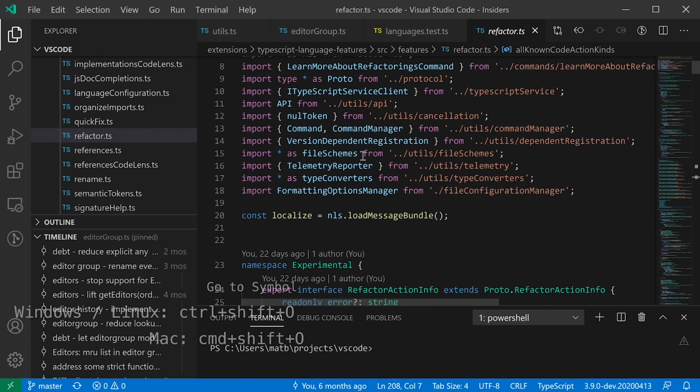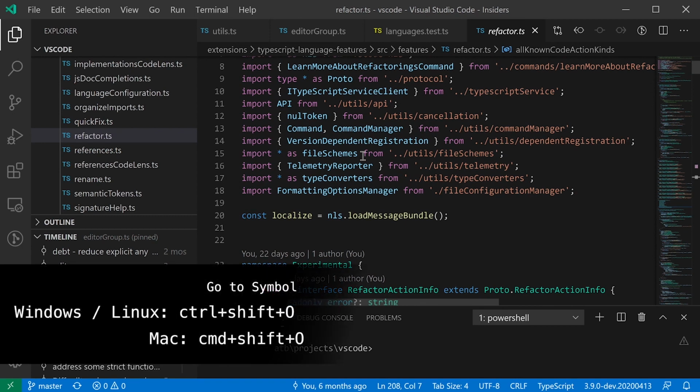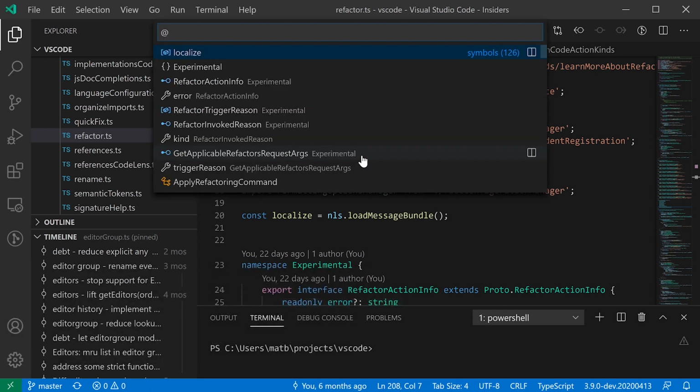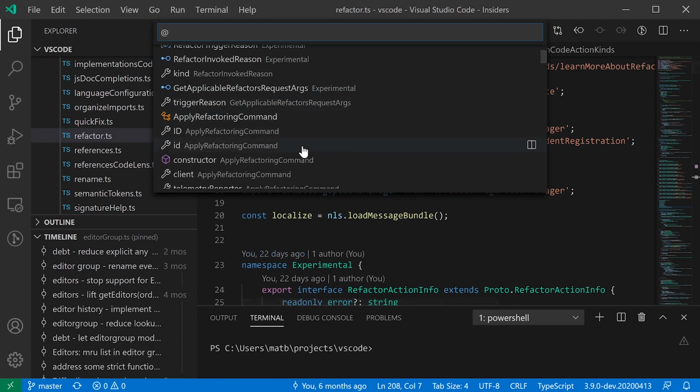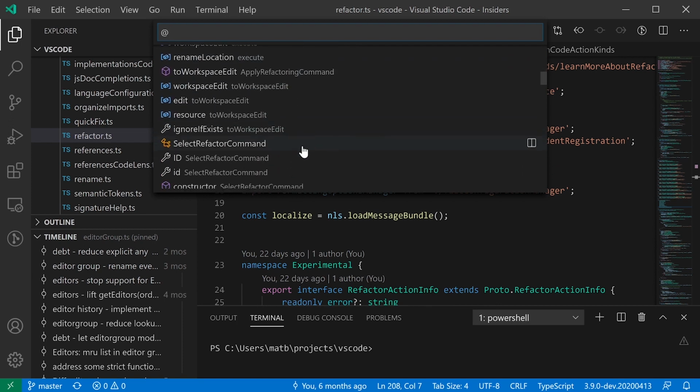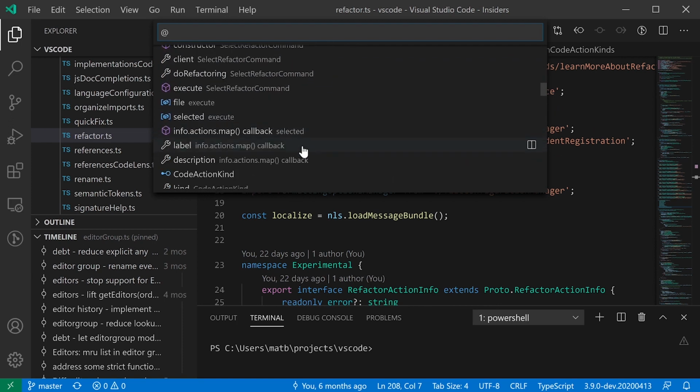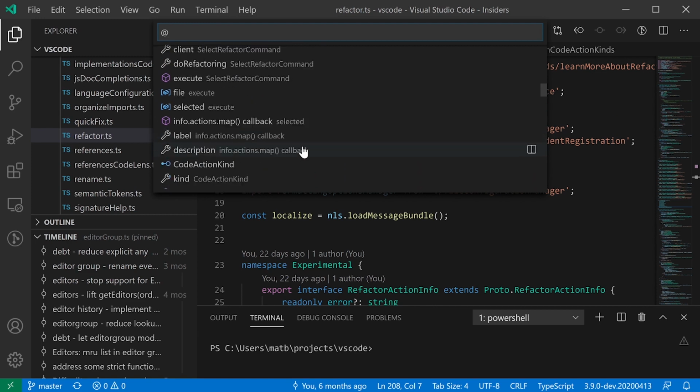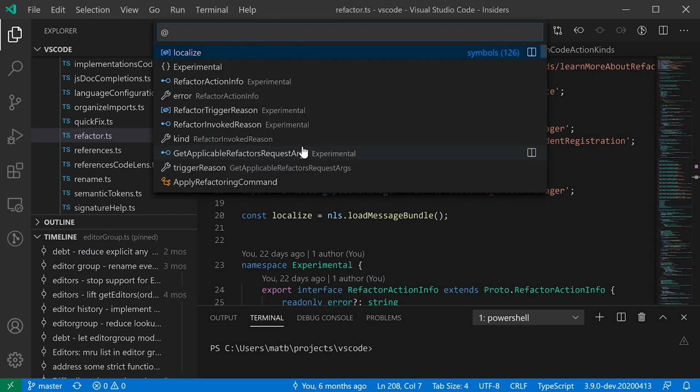So I'm going to press Control Shift O. That'd be Command Shift O on Mac. And when I do this, in the command palette here, VS Code is now displaying a list of symbols for the current file. I can browse through these symbols and see all the classes, methods, functions, variables, those types of things. And if I want to actually jump to one of these, I can just start typing to filter down